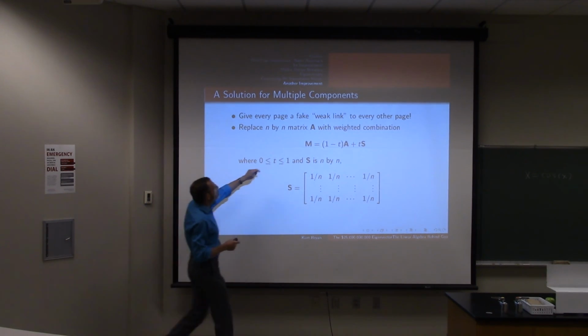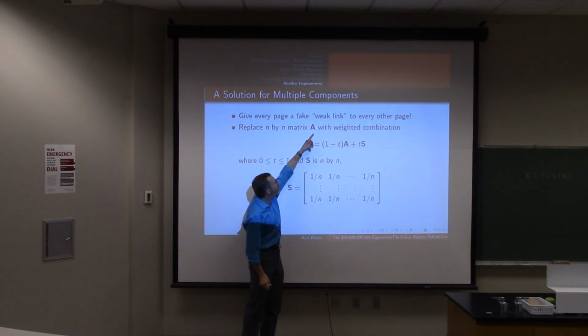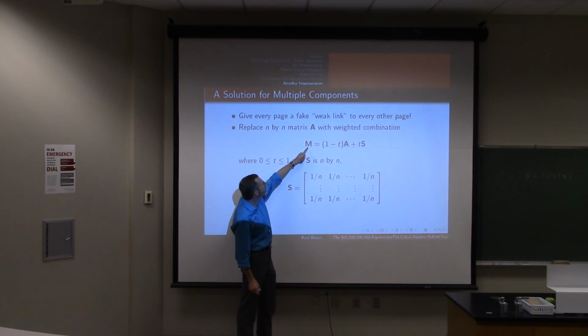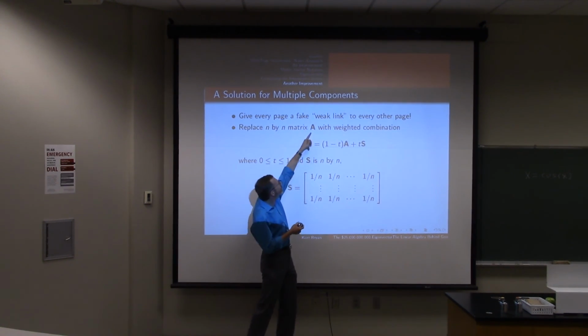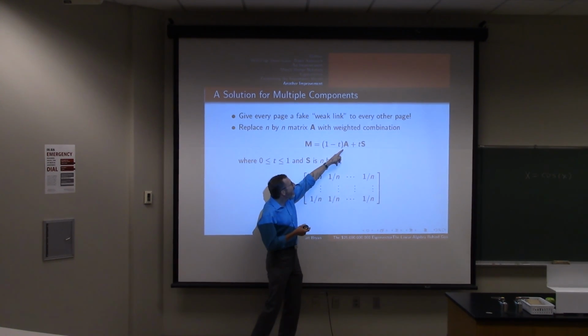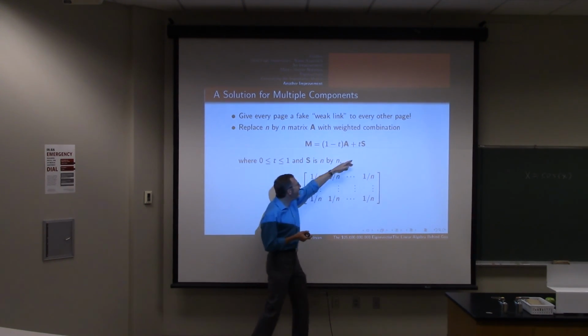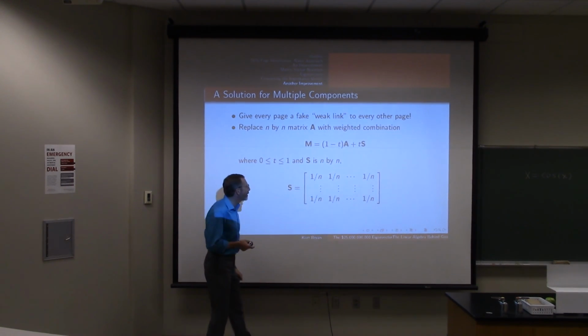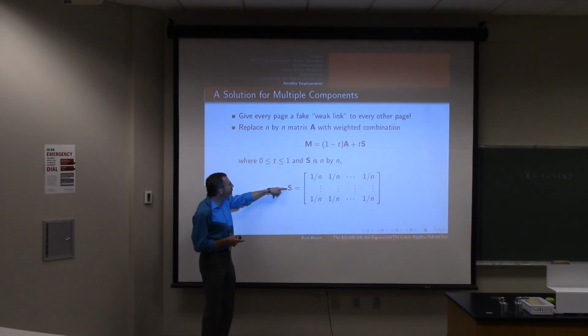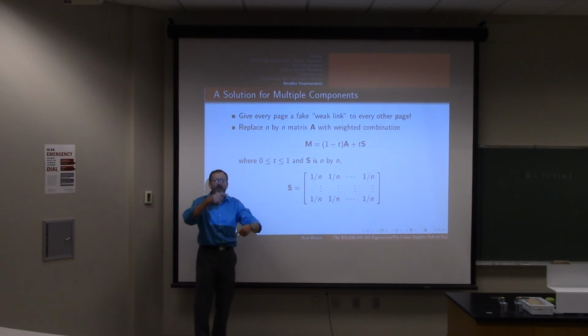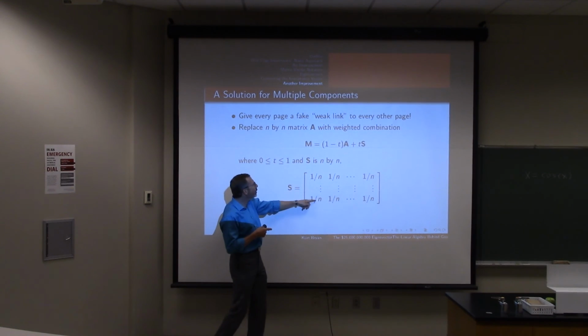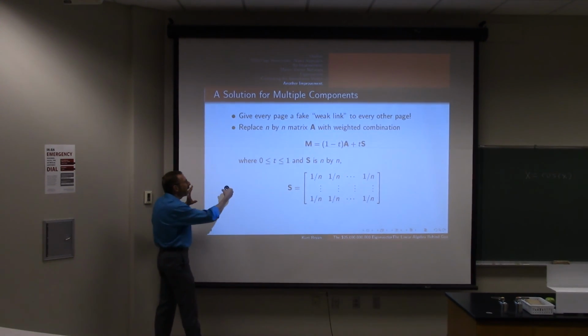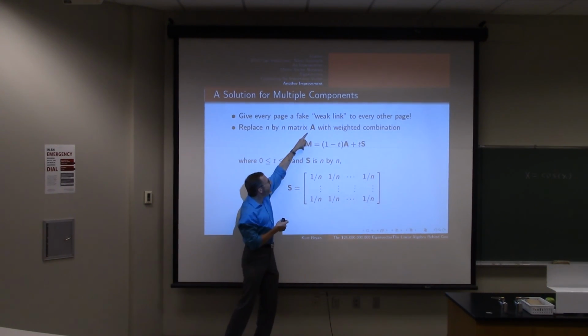That original link matrix A is going to be replaced by a new matrix M, which is going to be a weighted combination of the original link matrix A and a new link matrix X that I call the egalitarian matrix. This is the matrix you would write down for a web where every single page links to every single other page, even to themselves. The matrix S would look like this. So what we're going to do is take a tunable blend of the original link matrix and the egalitarian